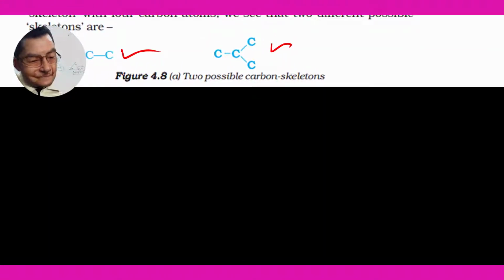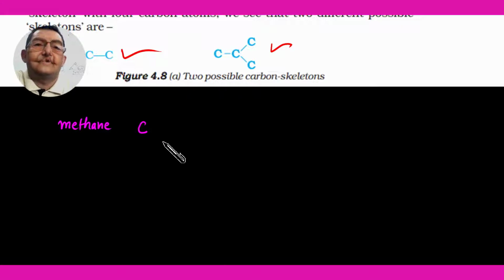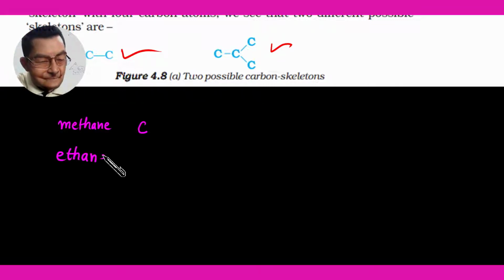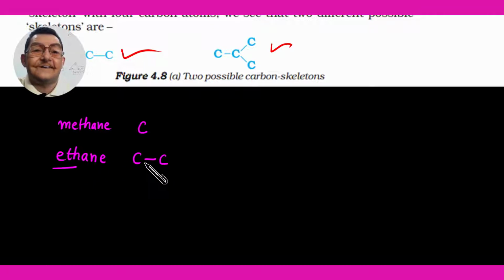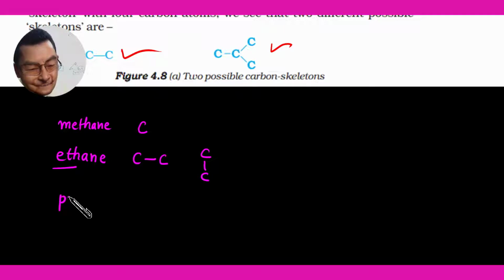Let's try over here. Let me first try methane. See, methane has only 1 carbon, so there is no way of drawing it differently. Let's now talk about ethane. Ethane has 2 carbons, joined by a single bond. You draw it this way, you draw it this way, it's one and the same. There is no change. When you come to 3 carbons, like propane,